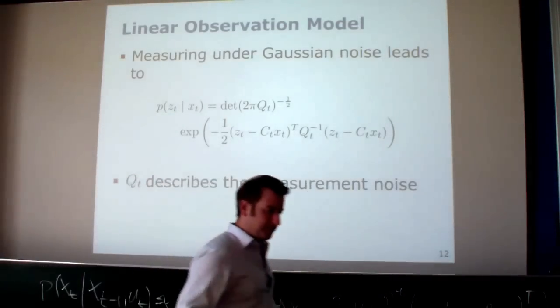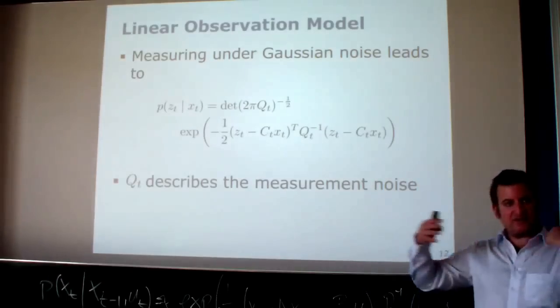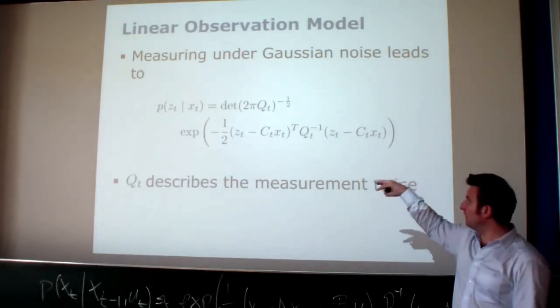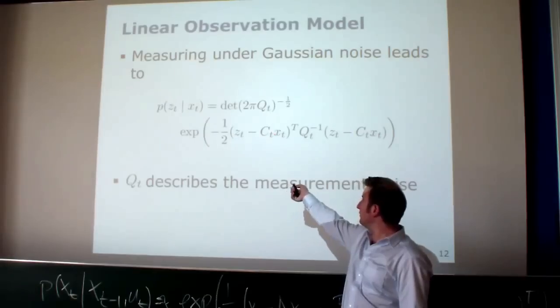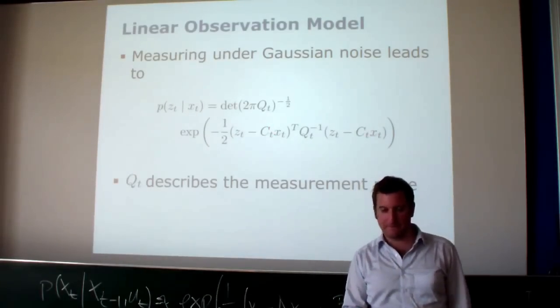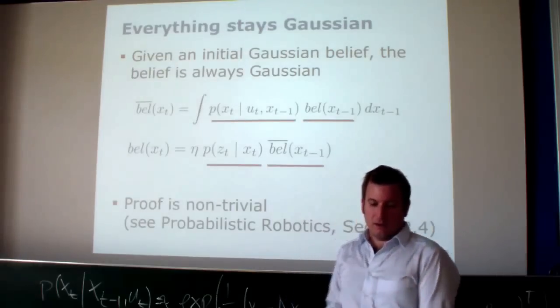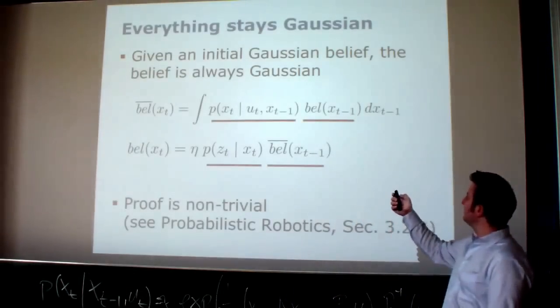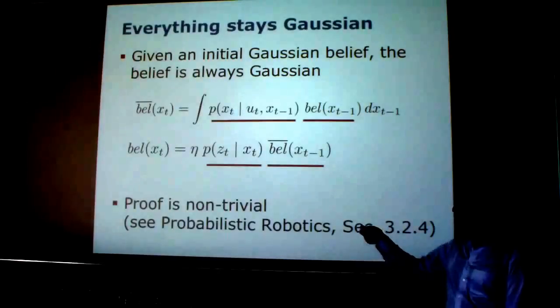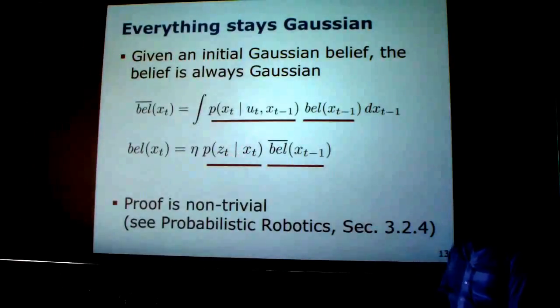So we have a linear transformation in the motion and the Gaussian noise model, and we have a linear model for computing the predicted observation and the Gaussian noise model. Okay? Now, we said our initial belief is Gaussian, this term is a Gaussian, this term is a Gaussian, so